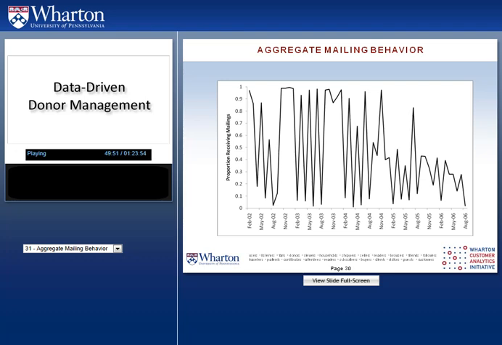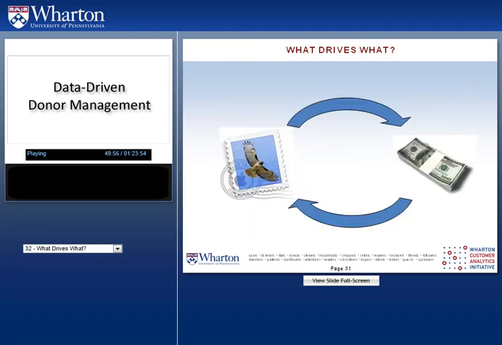And one of the issues that we grapple with as far as figuring out whether it is our mailing strategy that does it is this question of causality that we run into, where we typically have the link that if I send you a mailing, I send you a solicitation, that solicitation impacts how likely it is you're going to make a donation. It may impact how much you're going to contribute, but at the same time, in the next month, how much these donors have given to us in the past, how recently they've given to us in the past, may also play a role in affecting future mailing activities. So we run into this chicken and egg problem that we need to take into account when we're doing our